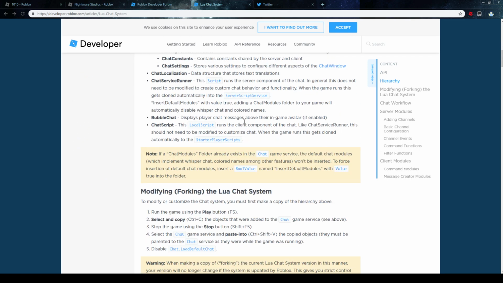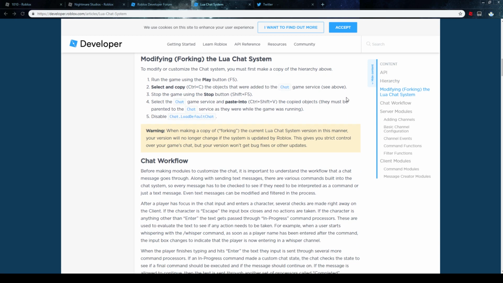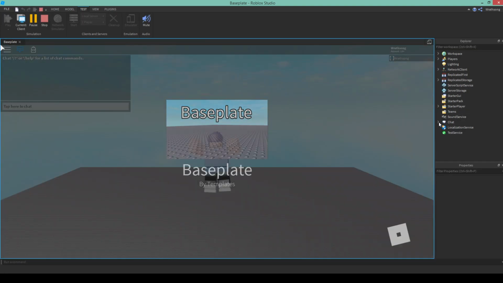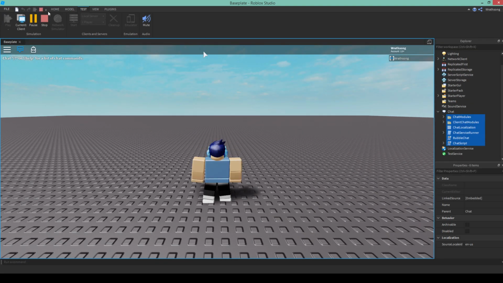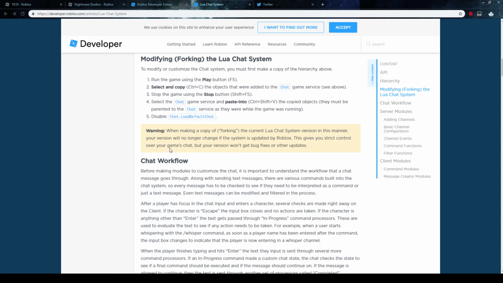But first I'm going to scroll down to this section, modifying/forking the Lua chat system. So it wants you to go in Studio and copy all this, stop the session, paste it back in. That's called forking it, but we're not going to do that because when making a copy of the current Lua